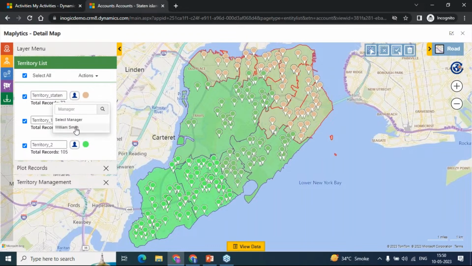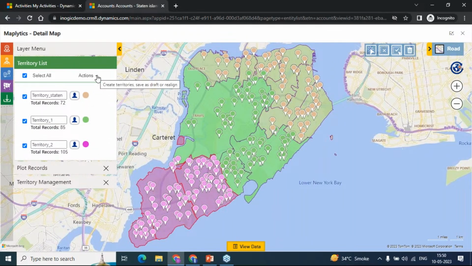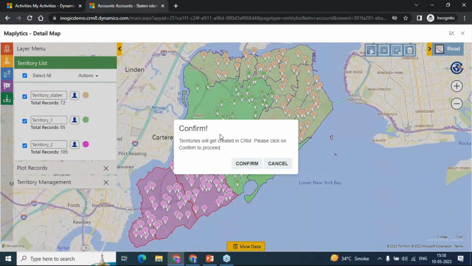You can choose a territory manager right from here. You can even choose the color of the territories right from the map itself. Now here, if you're okay with these territories, you can just click on create over here. So this will ask you to create these territories into the CRM. Along with that, it will also give you another window asking whether you want to assign these territories to the